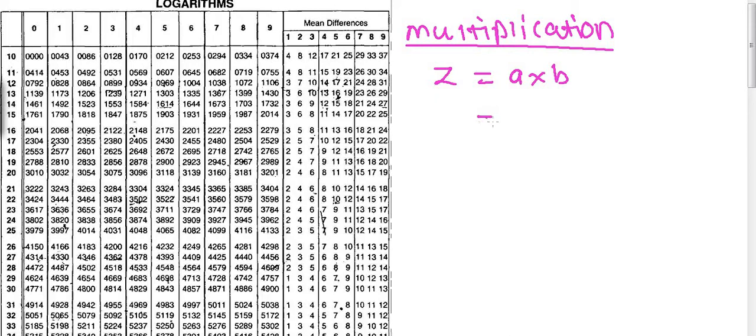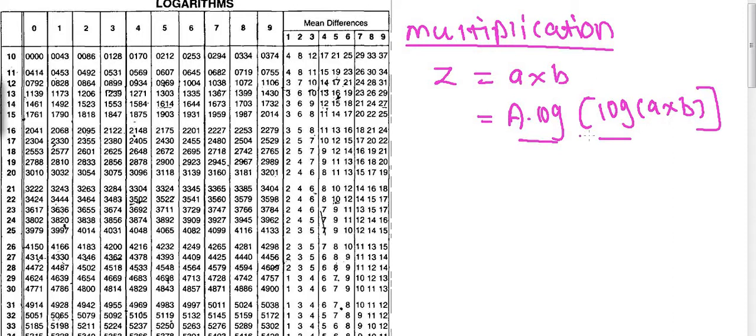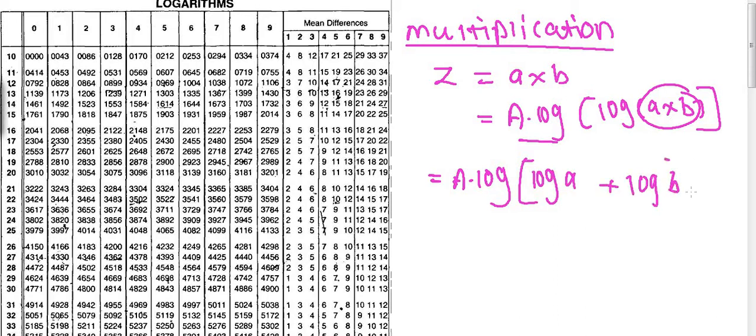By using the method of logarithm, what we will do first is take the anti-log of log of a multiplied by b. Now log and anti-log are reverse of each other, so they cancel each other, and finally we get a multiplied by b only. So taking the anti-log and log helps us simplify the procedure, as we can write this equal to anti-log of. Now the log of a product can be written as a sum of logs. We can write this as log a plus log b. So first find the log of a, then find the log of b, add these two logs and take the anti-log of this addition. Let us consider one example.